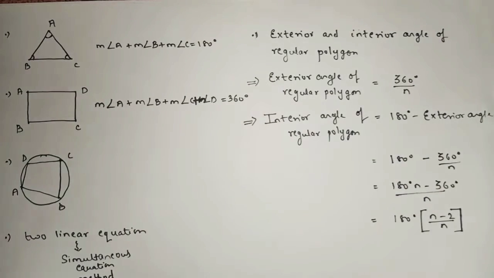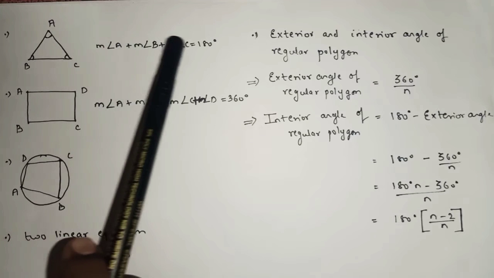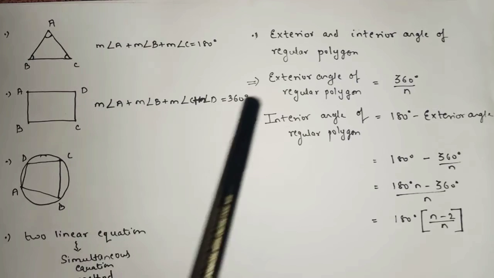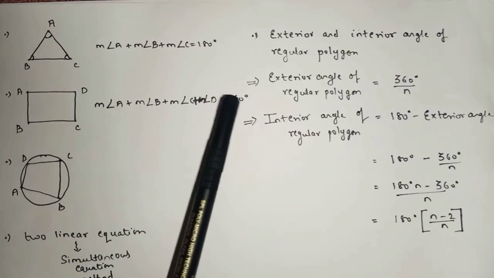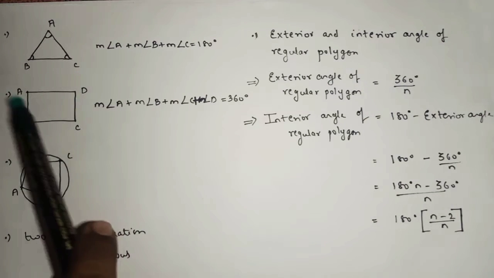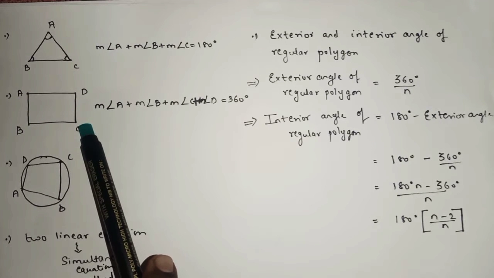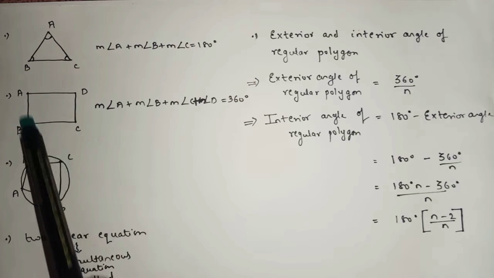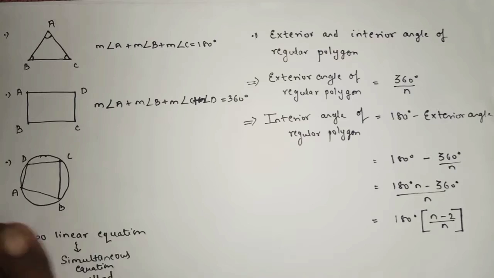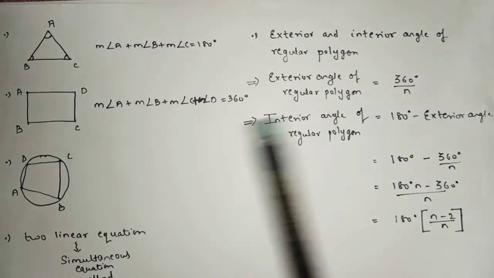Yes or no? So if it is a triangle, you will apply the property: sum of the measure of the interior angles of the triangle is 180. If it is a quadrilateral, you will apply this property: sum of the measure of the interior angles of the quadrilateral is 360. Got the point? Understood? So whether we have three angles given and we have to find the fourth one, or the angles of the quadrilateral are in ratio, or we have only one angle, still you have to apply the same property. The sum of the measure of the interior angles of the quadrilateral is what?